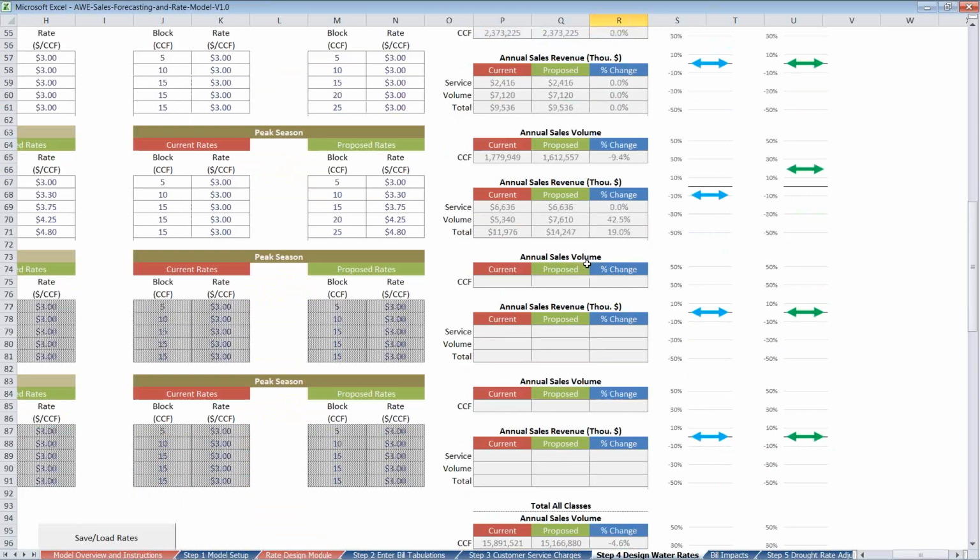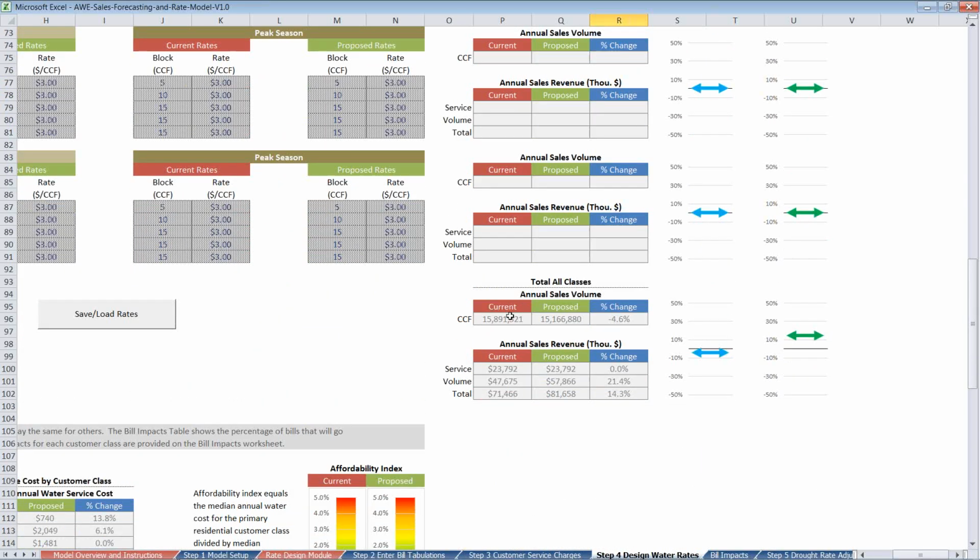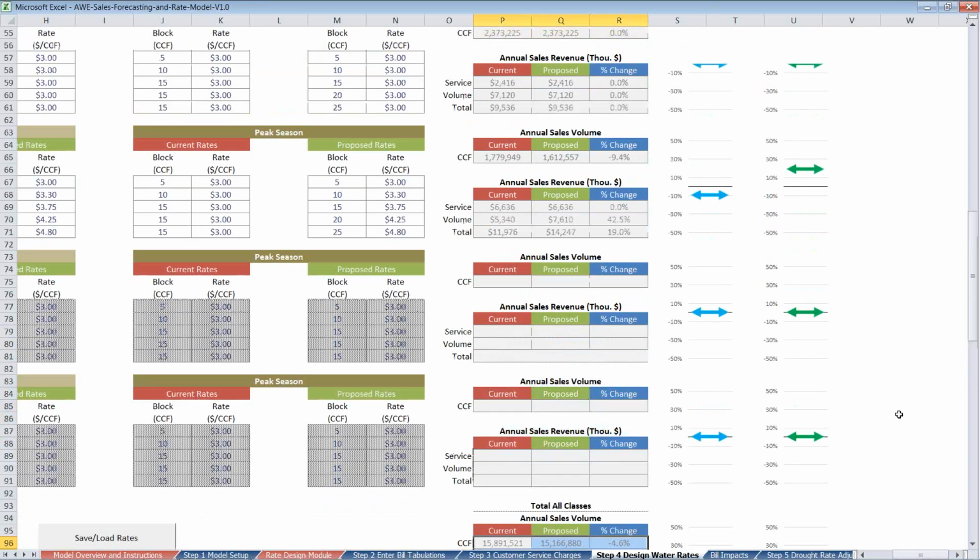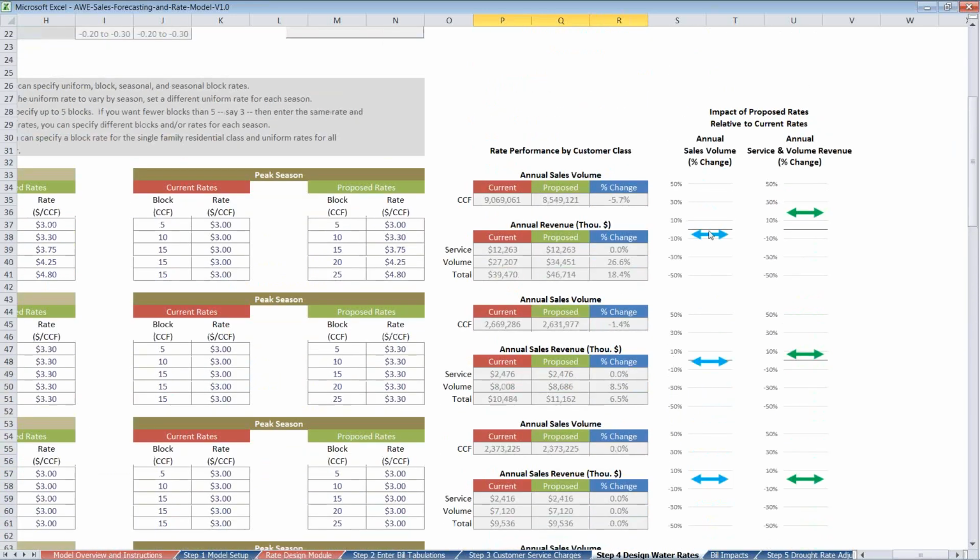And then at the bottom of the worksheet, you can see a total for all of the sectors. And to the right, you can see all of this information graphically. Graphics are always great for portraying what's going on.